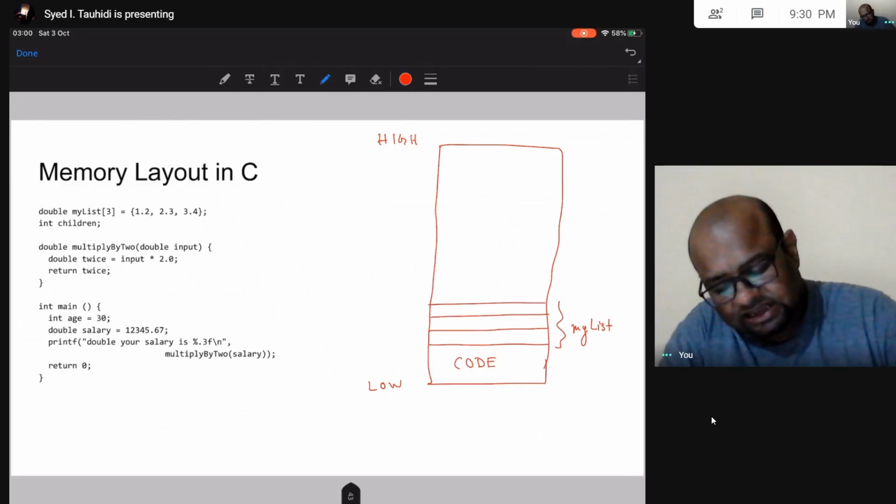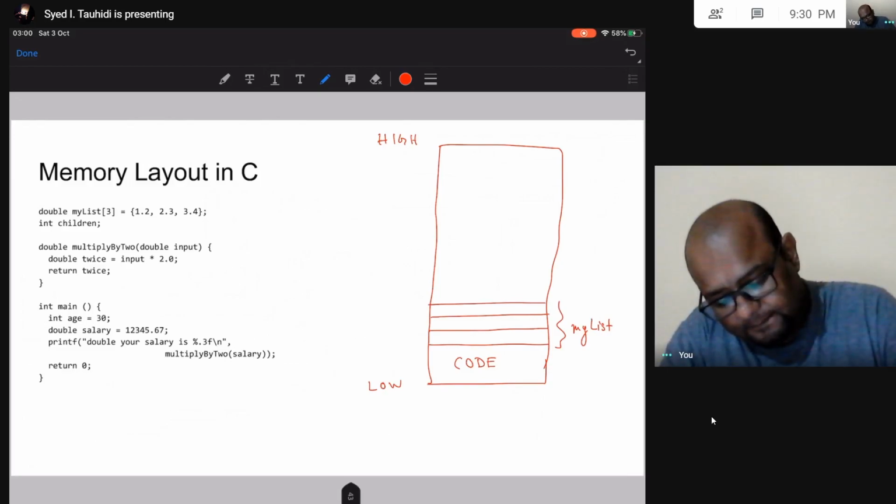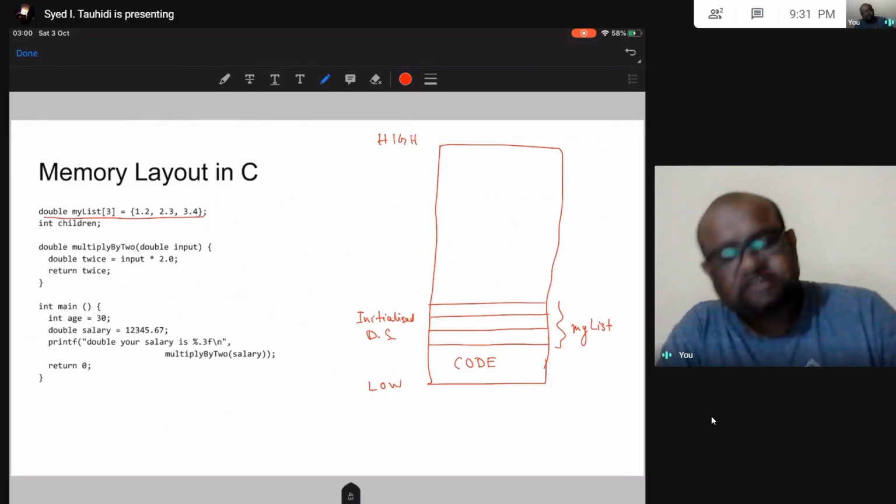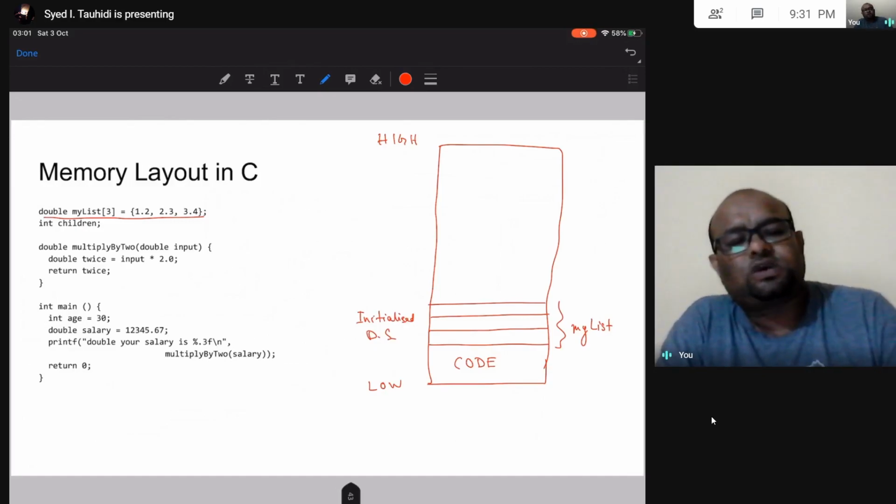This is the initialized data segment. So here this is initialized, this array is initialized, and it is going to be allocated this space. Then these initialized global variables are given this memory location, right above this code segment.